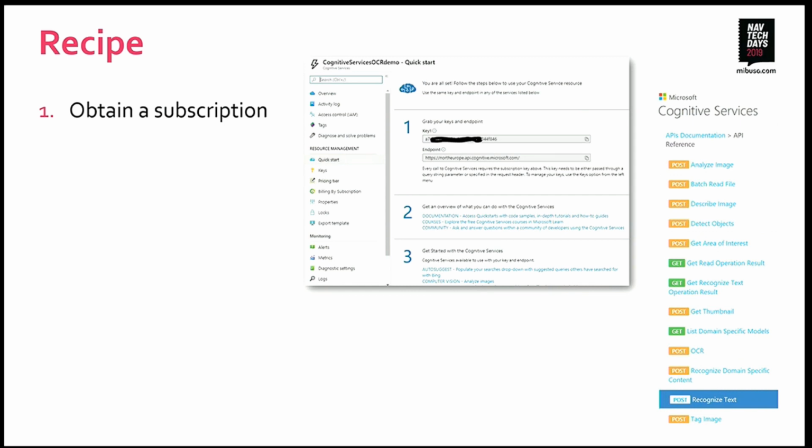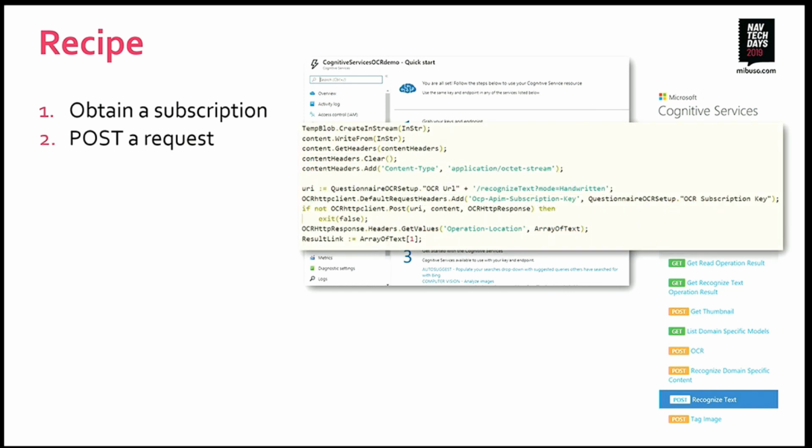And by the way, there are free subscriptions, free samples, right? So you get the key and endpoint, and the endpoint depends on which region you are in. You probably want this in a region near you. Then you post the request, and this is pretty similar to what Esben and those showed. So you, at the end,